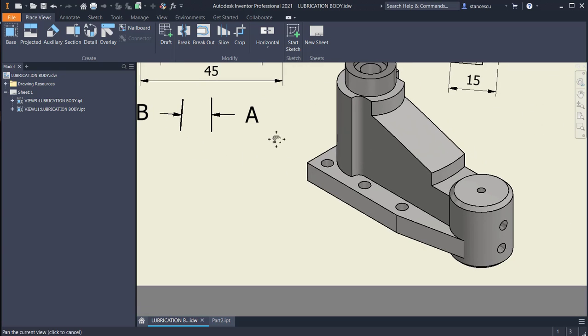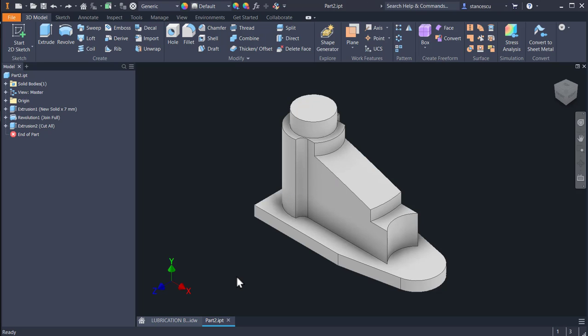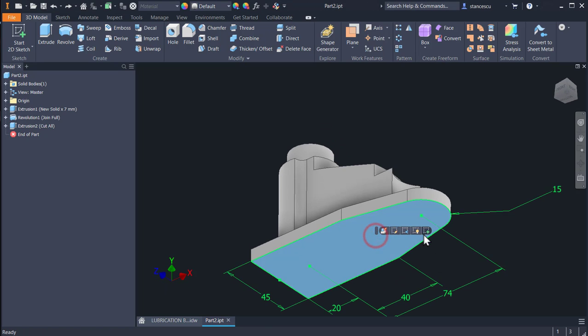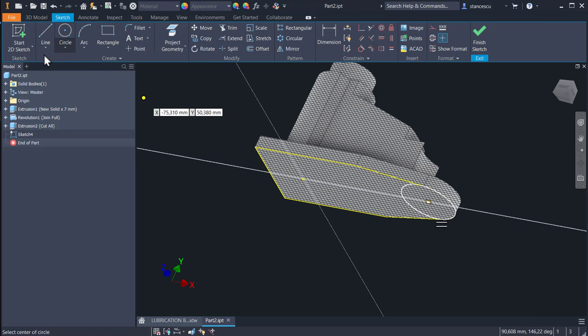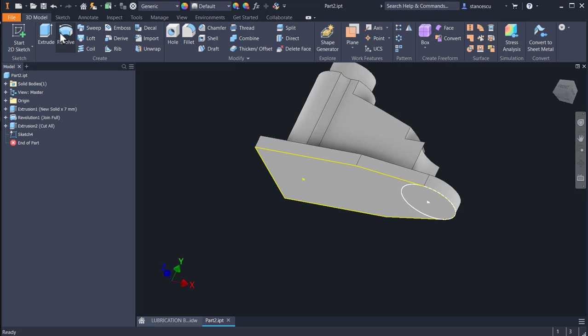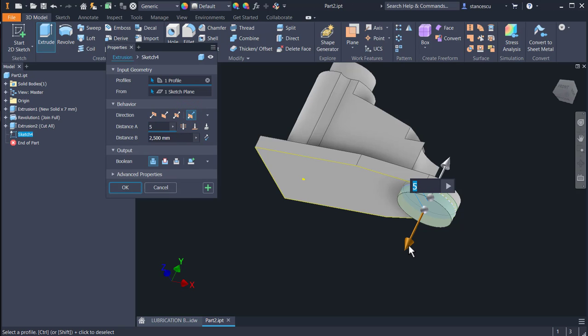Now we have to add this cylinder, which is both down the face and up the face. So we use this face, creating a circle, as you can see, and then extrude asymmetric. This is 5 and this is 35 minus 5. Okay,